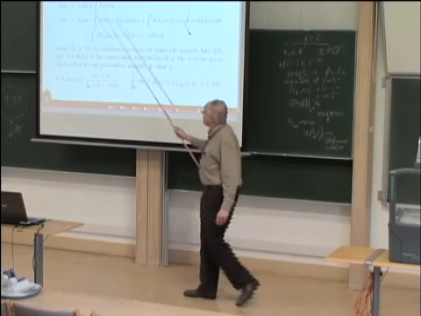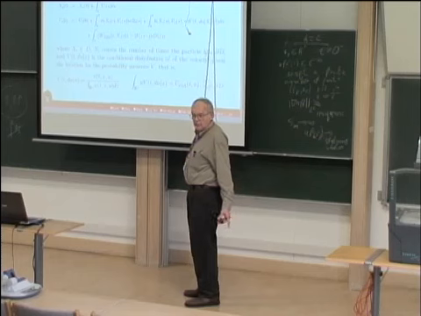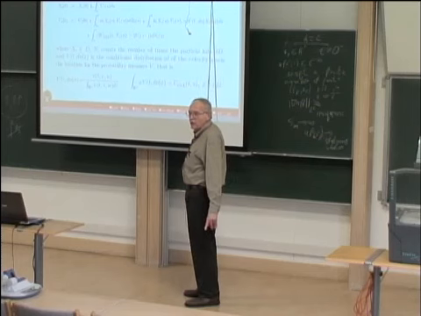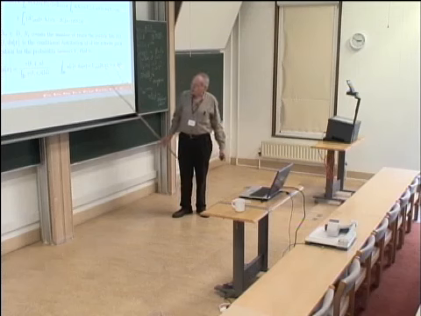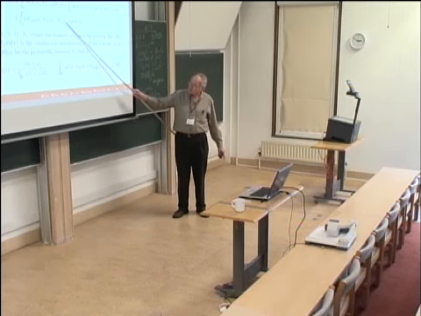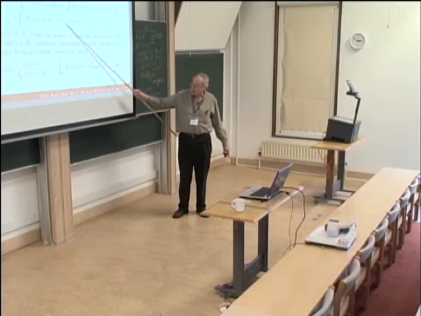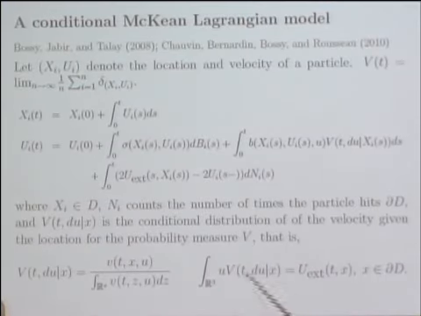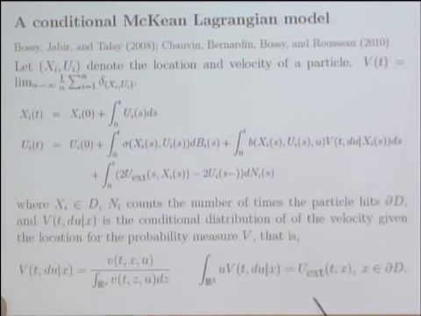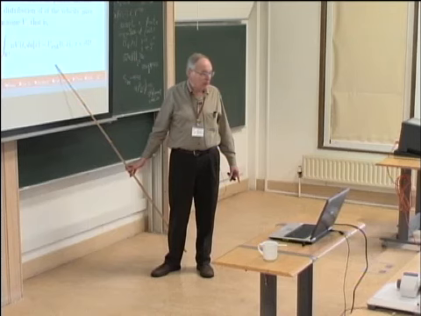Again, they prove that the thing I'm calling V here, in fact, has a density. So it makes sense to talk about the conditional average of the velocity at a point. So the boundary condition that this jump term is modeling is that the velocity at the boundary is the given external velocity.